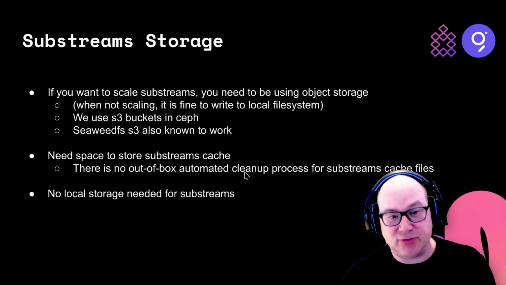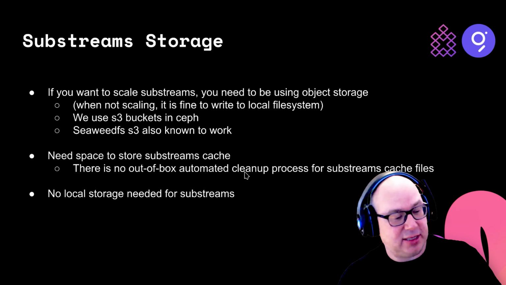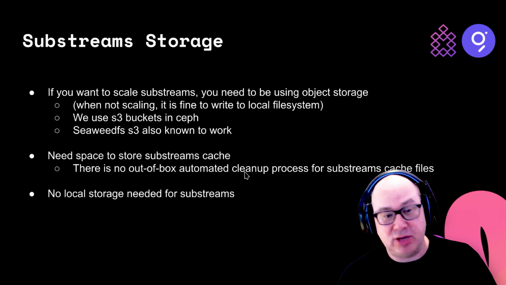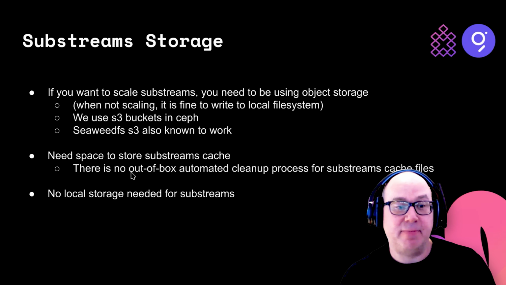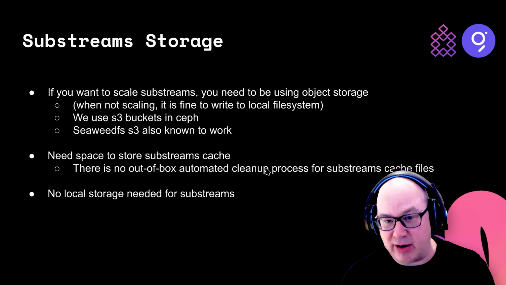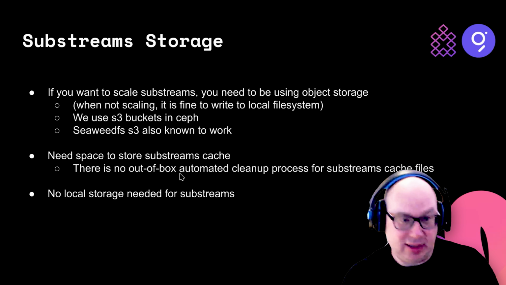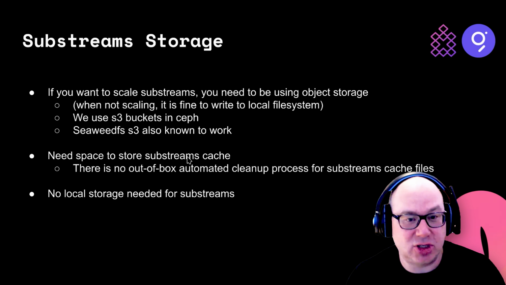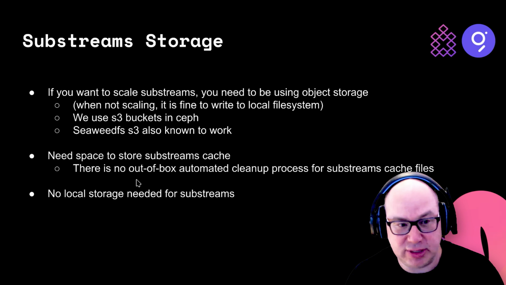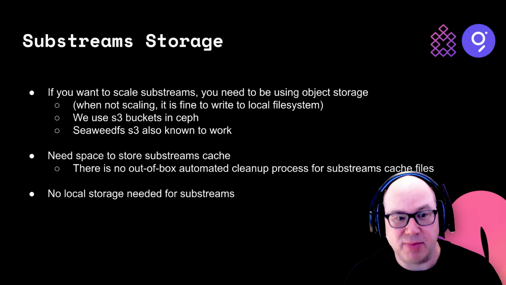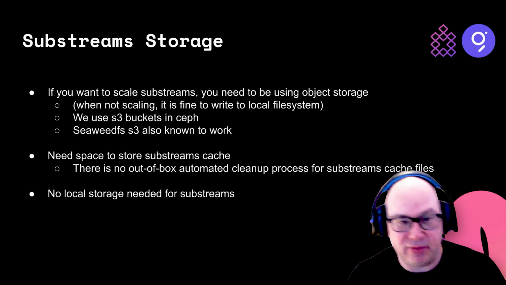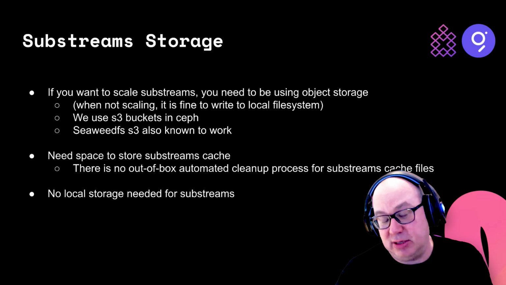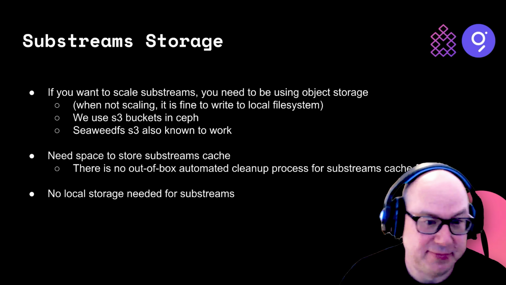You can clean up those cache files if, say, there's a subgraph you synced and, 6 months later, nobody's using that subgraph anymore. It's obsolete, whatever. Well, you can delete the cache files for that. But there is no automated out-of-box substream cache cleanup thing. So maybe we'll think about how to build such a thing or tell you which things haven't been used recently. But there currently is nothing out of the box that comes with substreams to clean this up. This is kind of, you clean it up on your own. If you accidentally delete substreams caches that are still needed, well, the system's just going to regenerate them again.